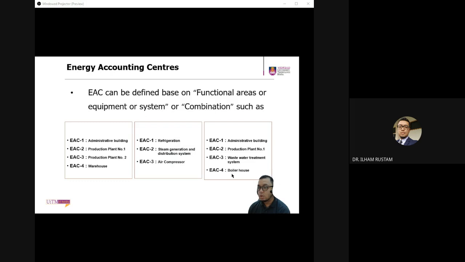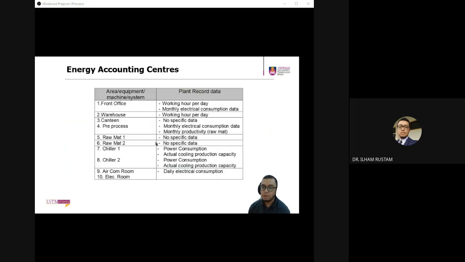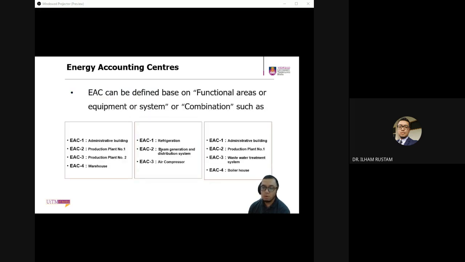This one focuses only on the equipment, the boiler house only. So boiler house, I assume this area. Instead of the whole utilities area, they only use the boiler house, so they don't consider chiller 1 and chiller 2 as something that they need to save, for example. So again, there's no right or wrong in determining the EACs,